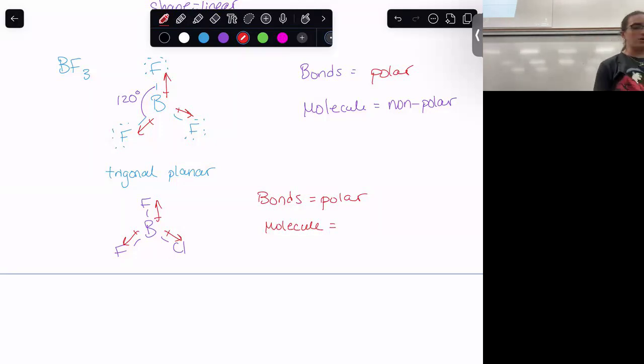And so overall, we will have a polar molecule because we no longer have symmetry. It doesn't look the same on all of our bonds. And if we were to look at it, right, strength-wise, the fluorines are going to overpower those chlorines, causing it to be a polar molecule. Does that make sense there? And even if we change this to